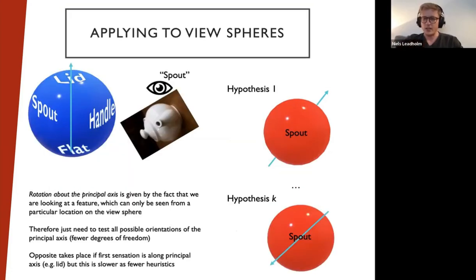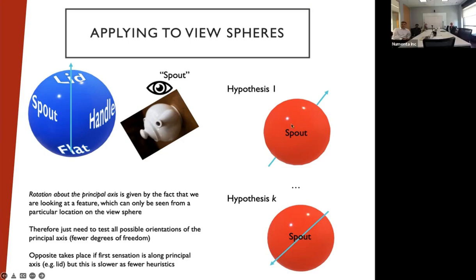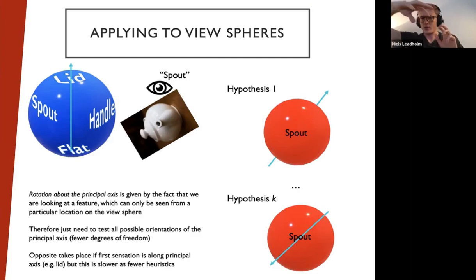I'll get to orientation, because if you have an estimate of the principal axis, of course that estimate may be wrong, but let's say this is one of your hypotheses, the first one, and this is another one. If you see a spout, that tells you essentially what the rotation is about the principal axis,